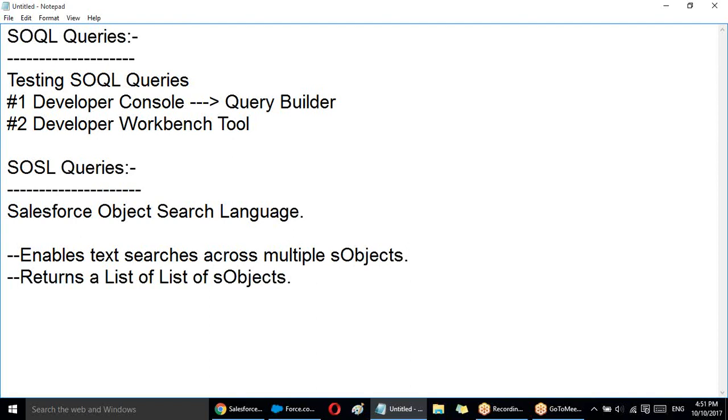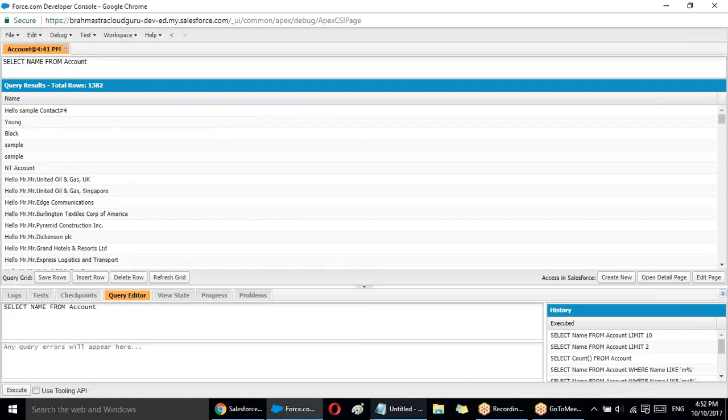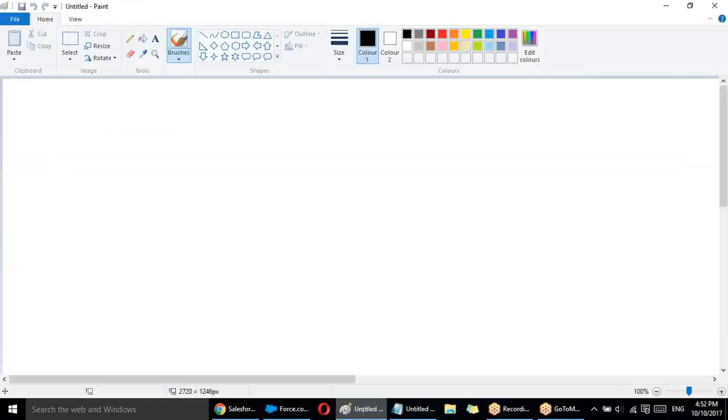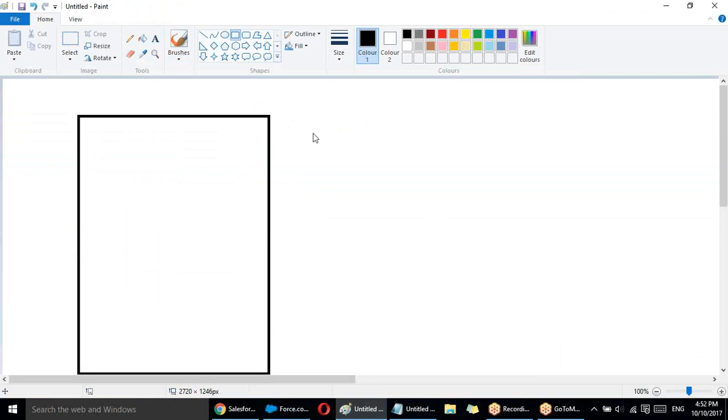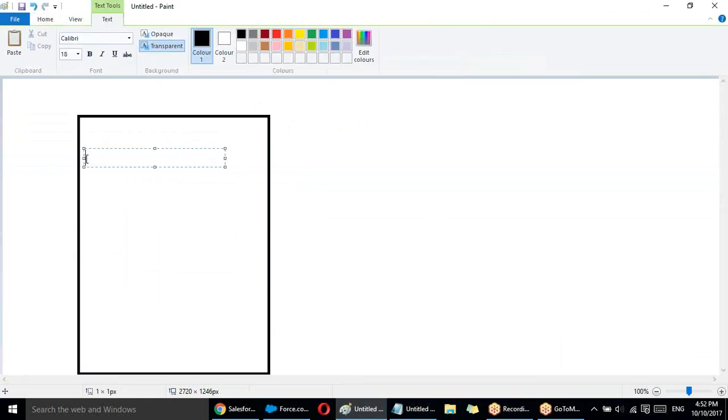By default it returns a list of sObject records here. Okay, a list contains sObjects. So in the output, it will return results from